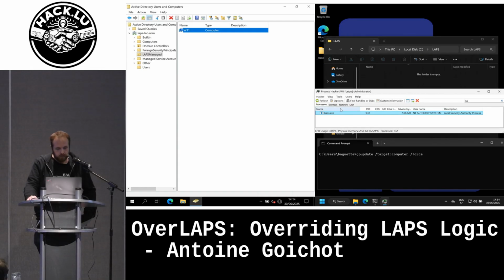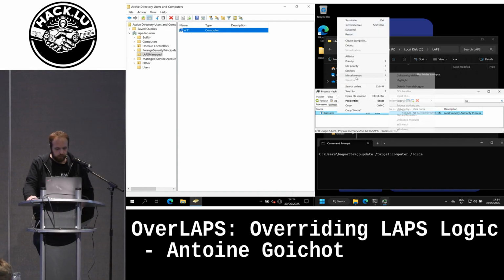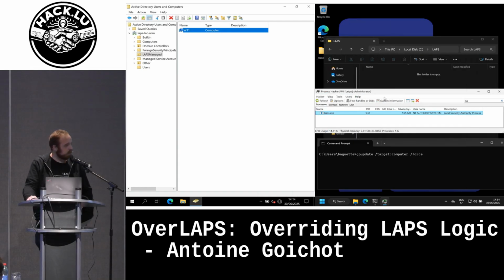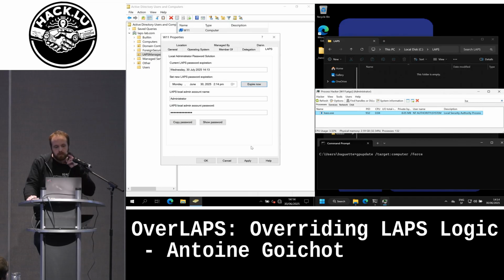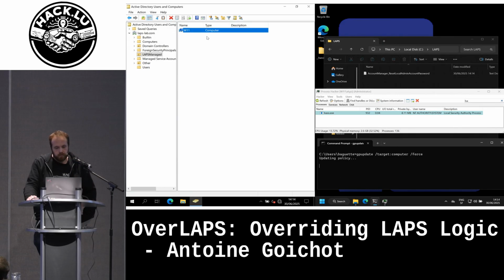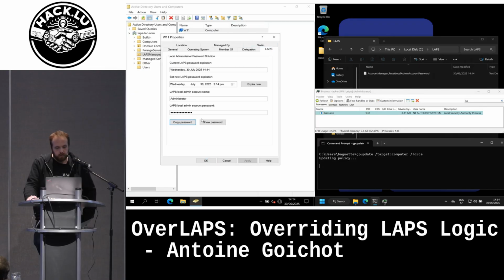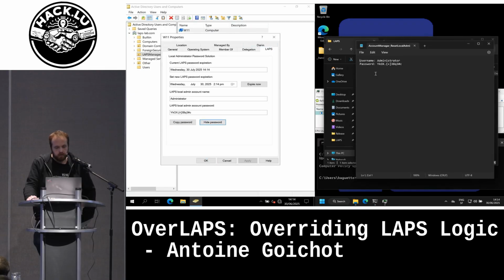And we do the same now with an internal function, just to prove that it's working even with internal functions. So again, we force an expiration. We force a GP update, and again, we have a TXT file that has been created, and we will look, and it will contain the password.